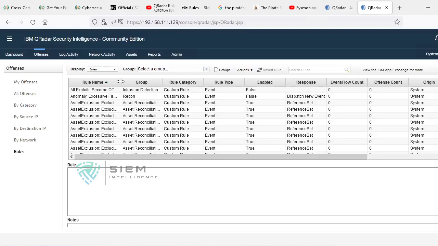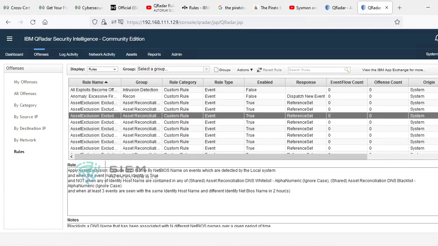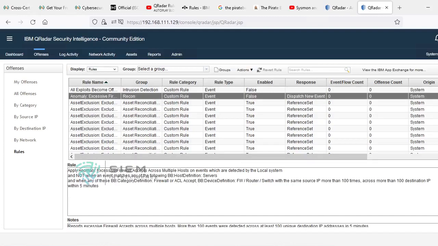And there is multiple editing and multiple visibility. If you see this, there is some BB. We'll talk about all those things, but BB is something like a building block. You are not able to see the building block details here, but in the rule, case manager, you can come to know the exact meaning of this. It is an extended feature of your QRadar and enhances the visibility of your log approach.